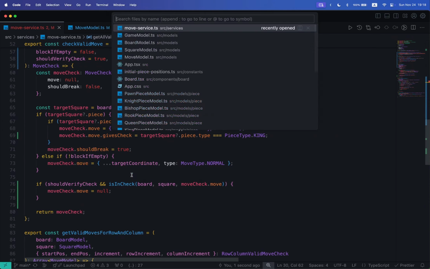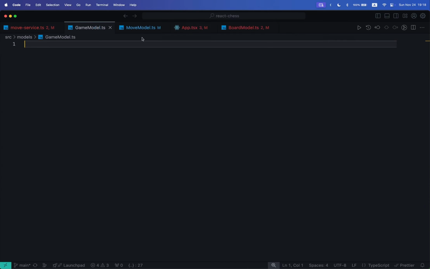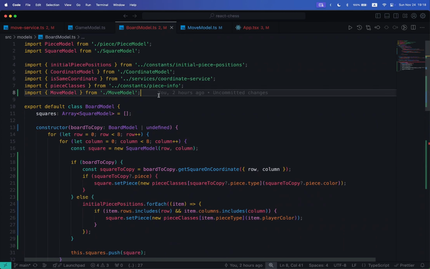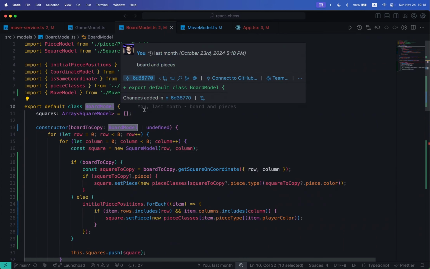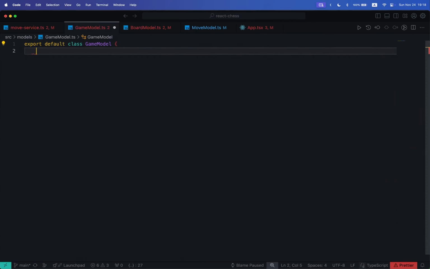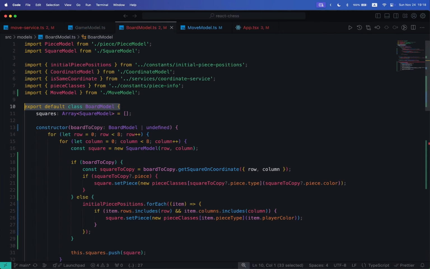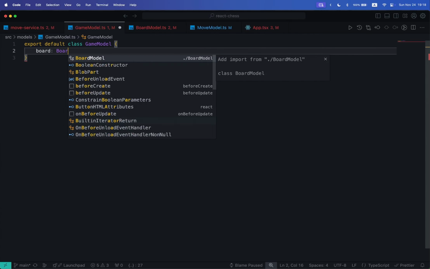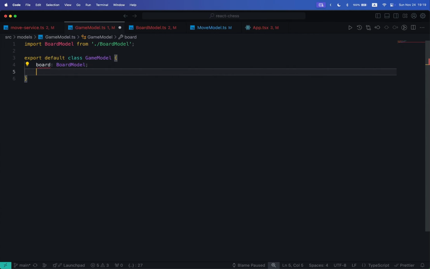And for that, it's time to use our game model, which as of now is still empty. Just like our board model, let me bring it here. This will be a class, and the game model will have a board. So let's create this first, export default here, game model, and we'll have, as I mentioned, a board. So the same idea here as a property, board, to be of board model. Like so, constructor,